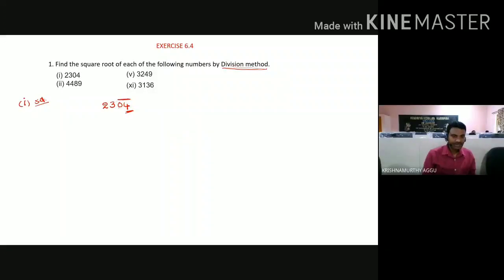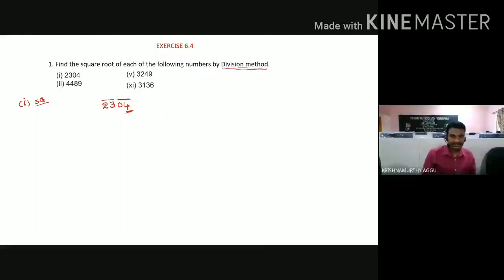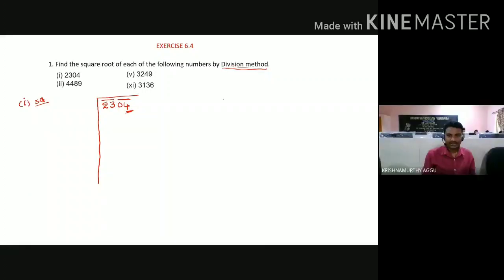Then after making one pair, you see there are 2 more numbers, you can pair them. Now how many pairs did you get here? 2 pairs. After that, you draw like this. What is the first number which is below the first bar from the left side? 23, sir. Is 23 a perfect square number?